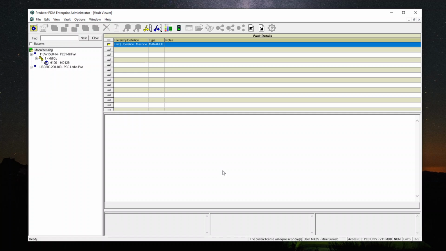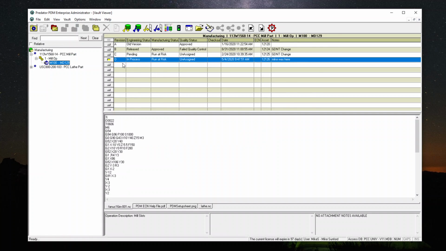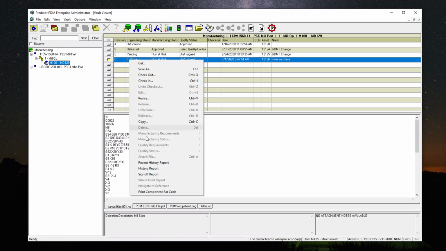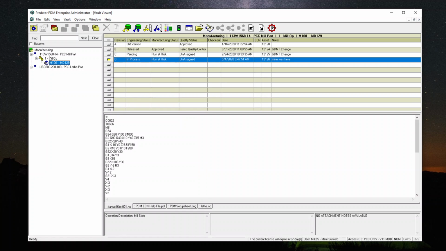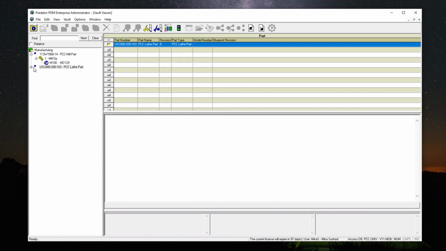Seen here, there are three main statuses. Let's show this here. This vault, here you can see there are three main statuses: an engineering status, manufacturing status, and quality status. Again, each of which have their own statuses based off the individual requirements. As we see here, there are many statuses to choose from. So let's look at that. So if we come here and we right click and we look at the machine status here